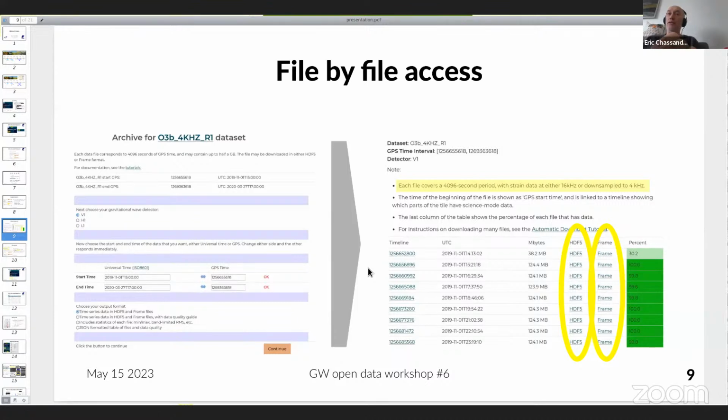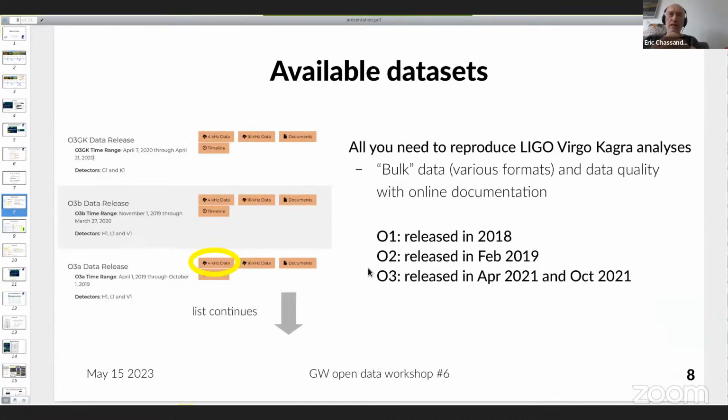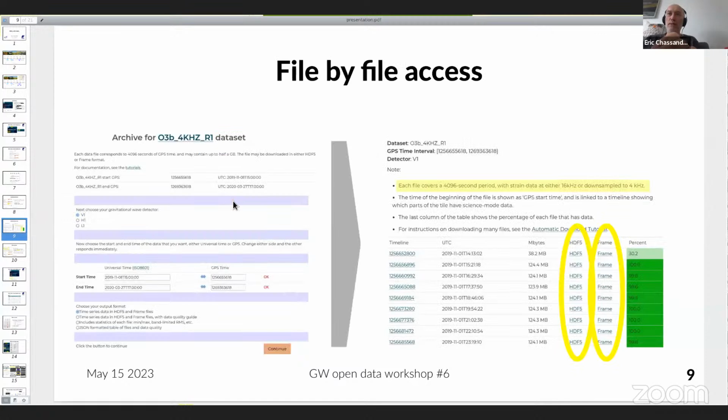Actually, I think it's O3B. I circled the wrong button here. I should have circled the O3B button. This is the page I'm looking at. So you see here on the left, you select the detector. Here I selected Virgo. You select a start time, an end time, the type of output format you'd like, and then continue. And then you're led to this list of files